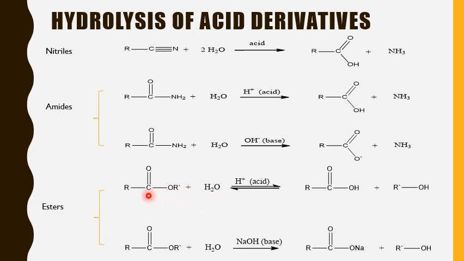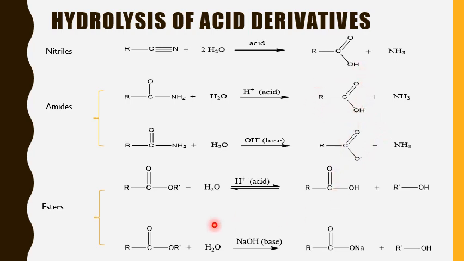You can see that here esters, similar to amides, take one mole of water in the presence of acid or base and result in the formation of a carboxylic acid or the salt of a carboxylic acid. When you have this salt of a carboxylic acid, in order to convert it into the carboxylic acid, you just need to run the reaction with a dilute acid, so that